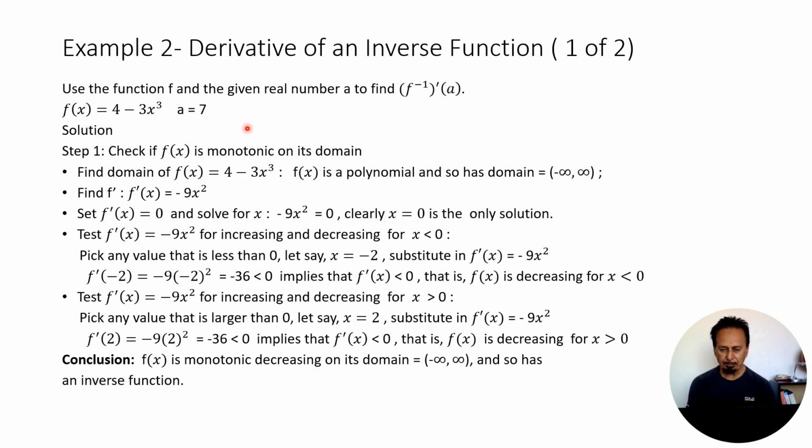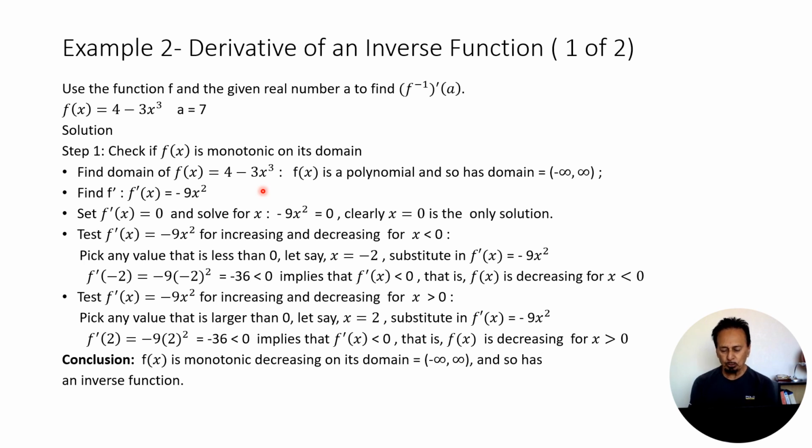Here's example 2. We're going to use the function f, and given the real number a equal to 7, find the derivative of the inverse function evaluated at a. So here f of x equals 4 minus 3x cubed and a is 7. Step 1, first check if f of x is monotonic on its domain. But first we need to know what the domain is. We know f of x equals 4